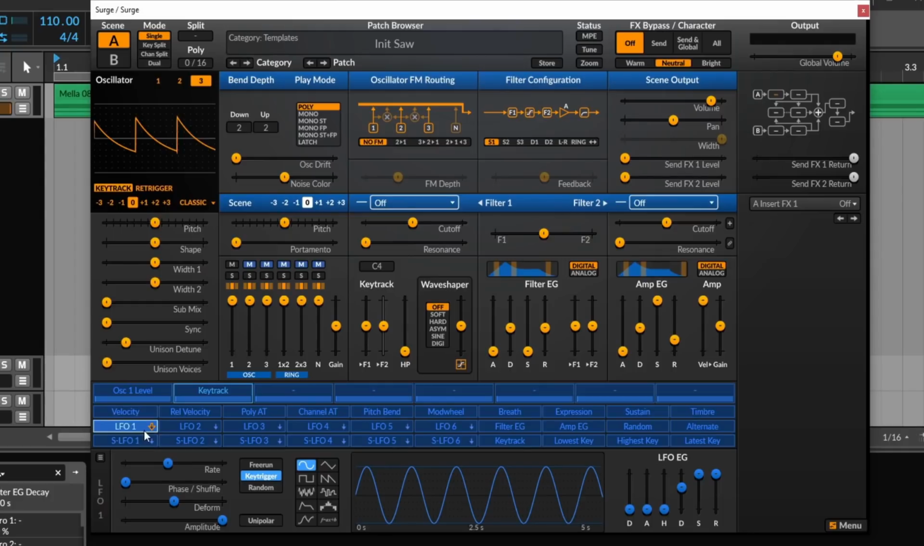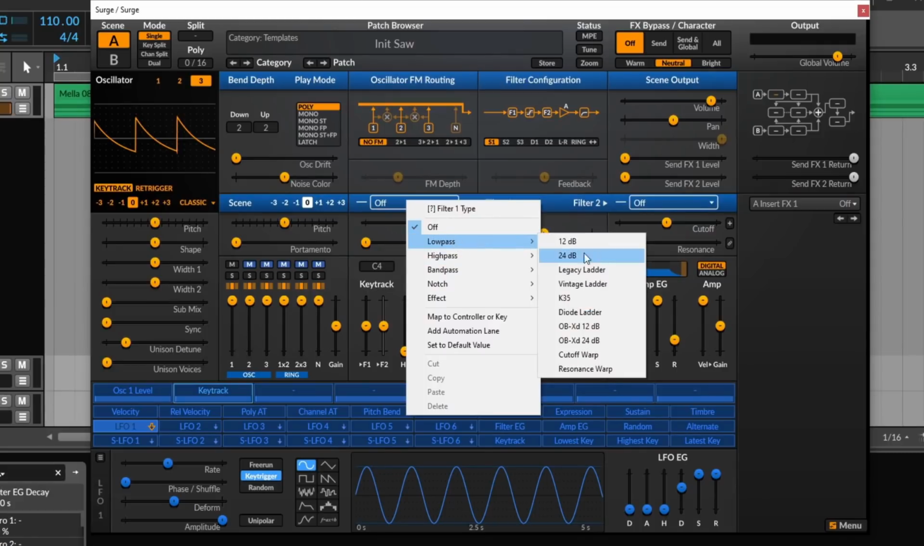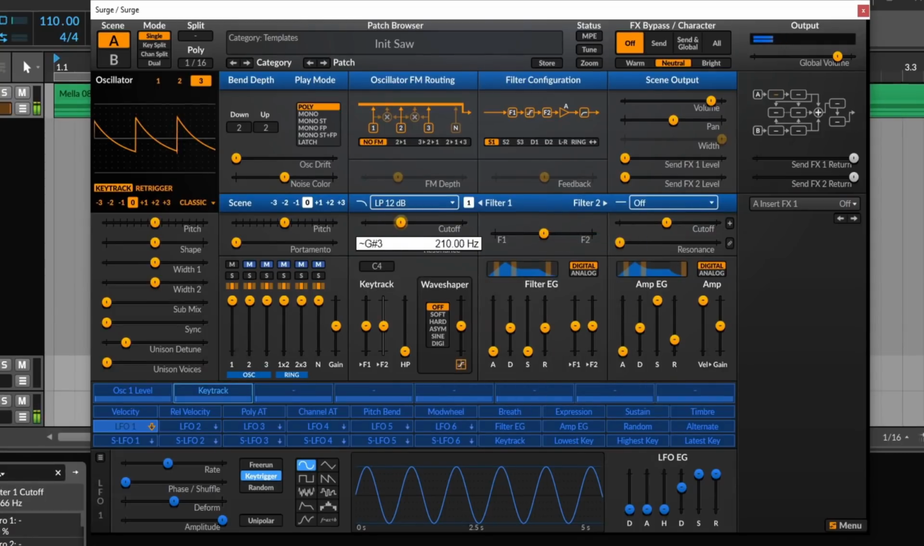What is the difference between an LFO and an SLFO? SLFO means scene LFO, and these regular LFOs are voice LFOs, which means that they are per voice. So if you're playing a chord, let me just attach it to something here, like probably the filter cutoff. So let's select low pass here, and let's just hear all filter 1. So on this LFO here, if I attach this to the cutoff,